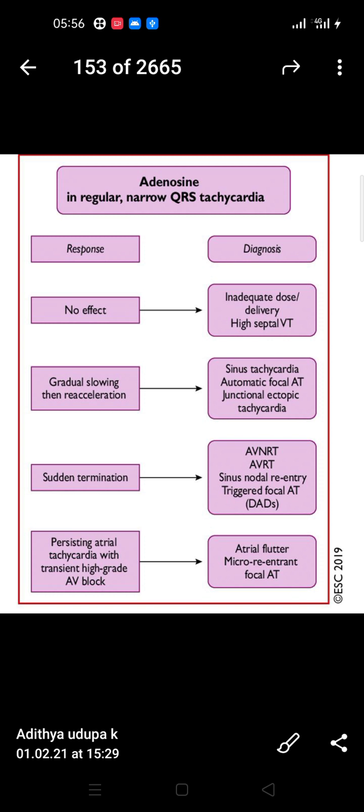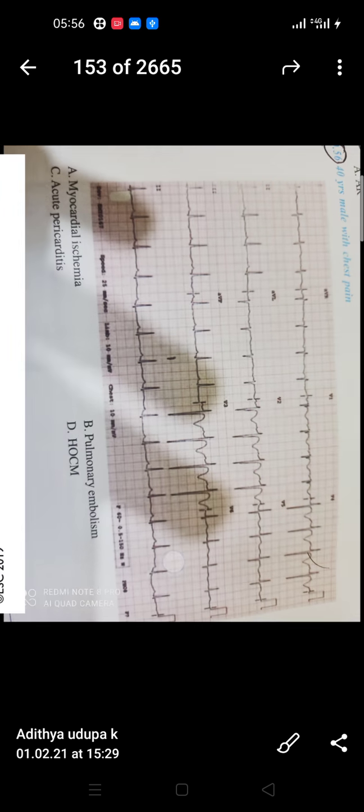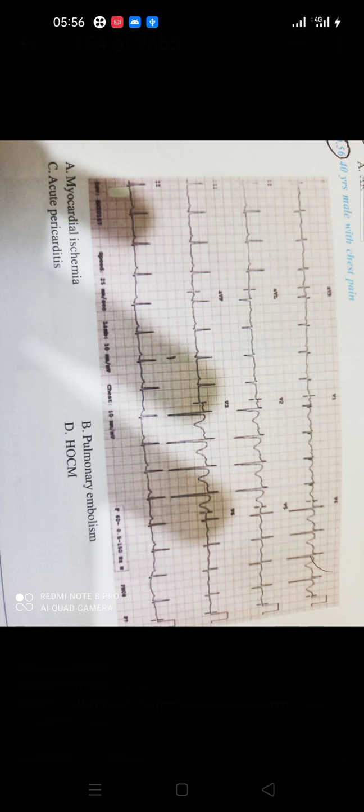Persistent atrial tachycardia with transient high degree AV block, it means most of the time it's an atrial flutter or macro re-entry focal atrial tachycardia. So atrial flutter usually decreases the conduction across the AV node, but in atrial tachycardia the number of P waves seen will be the same. Only thing is that QRS complexes will reduce, that is ventricular complexes will reduce, so multiple P waves will be seen. That is also, transient high degree AV block may be seen. So this is how they have shared many ECGs also.